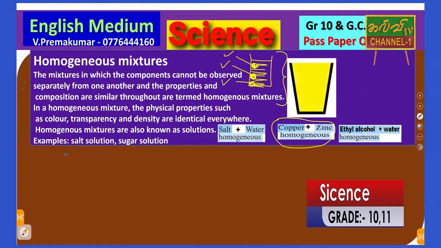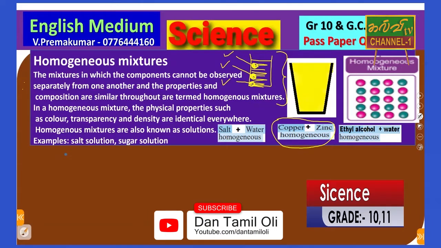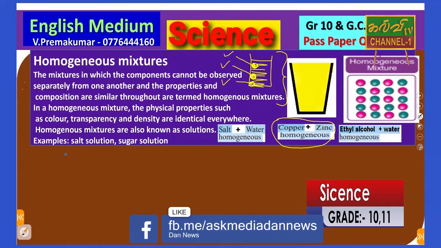If you consider this part and every part, you can find the same structure, same color, right? Same color, same structure. Now the structure of homogeneous mixtures: here the rose color and light blue color, the green color and rose color, light green color, one by one, we can find a regular formation here. So the structure is the same everywhere.